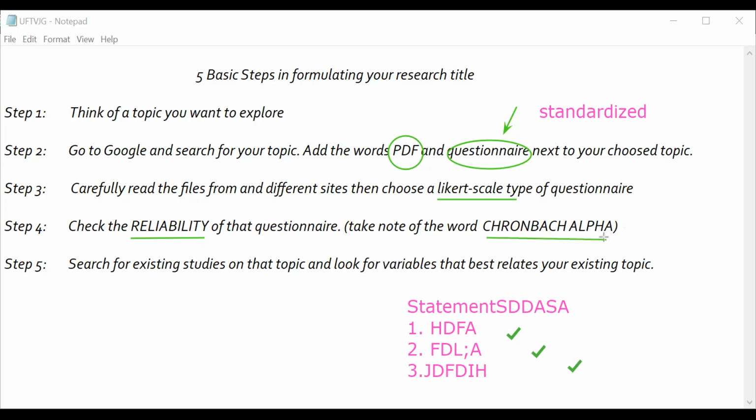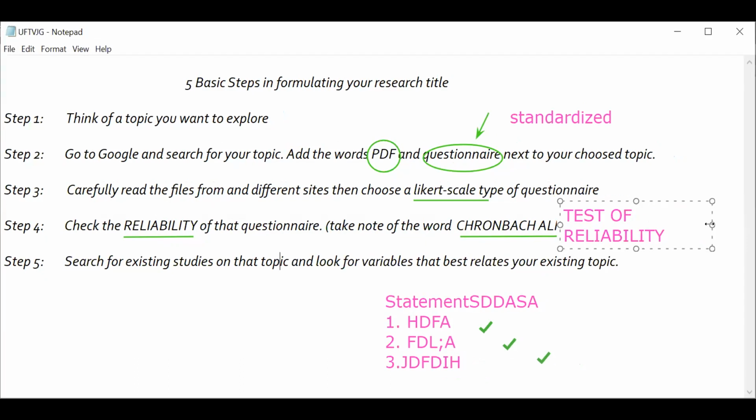Cronbach alpha. Cronbach alpha, guys, is a test for reliability. It's commonly used by researchers if they want to check if the instrument is reliable. That's why they need to validate. So that is for Cronbach alpha, a test of reliability. Guys, this is not your task